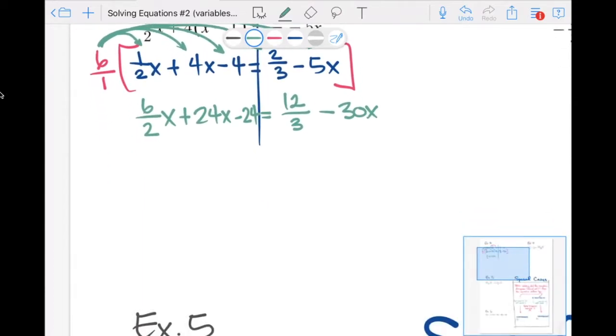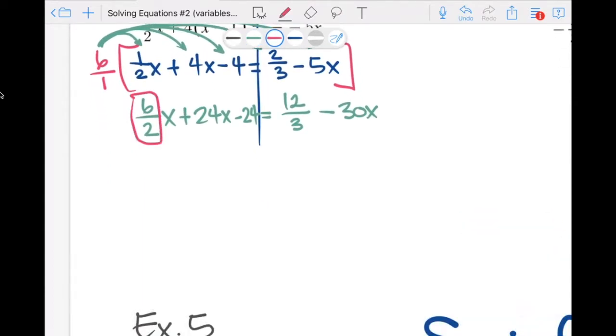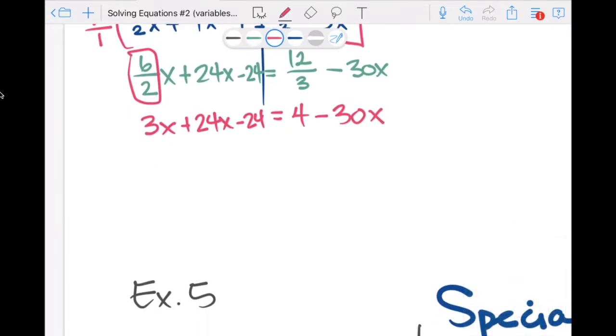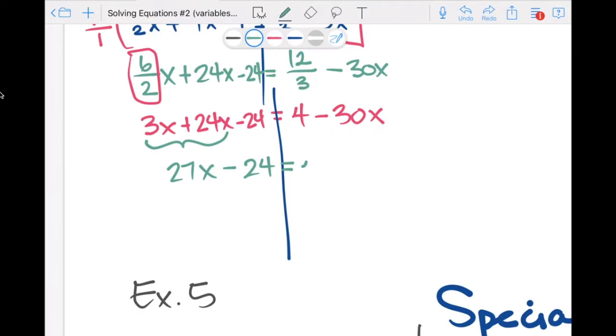Okay, so it looks even messier now. But if you recognize here, 6 over 2 is 3. And on the other side, 12 over 3 is 4. So now we have an equation with no fractions, which I don't know about you, but I like. So can we simplify the left side of the equal sign? We sure can. We've got like terms that we can combine to be 27x. I'll bring down my minus 24. We don't have any like terms or distribution on the right side, so I can just bring down my 4